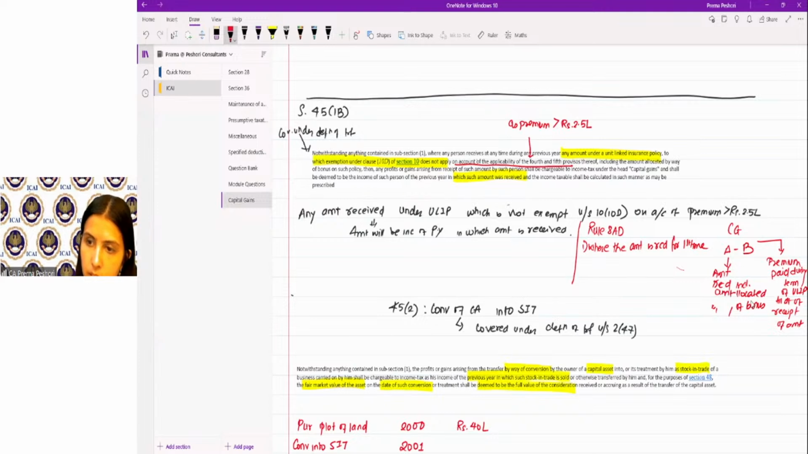Amount allocated, including bonus. Including the bonus. Are we clear? So that is one. The second one is